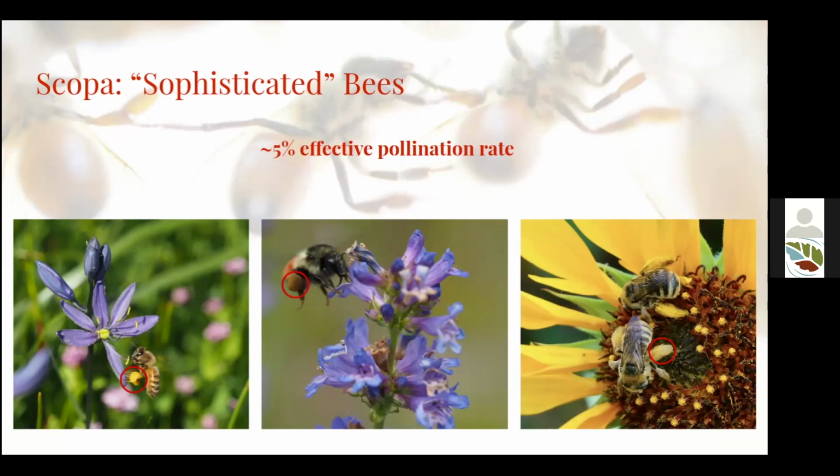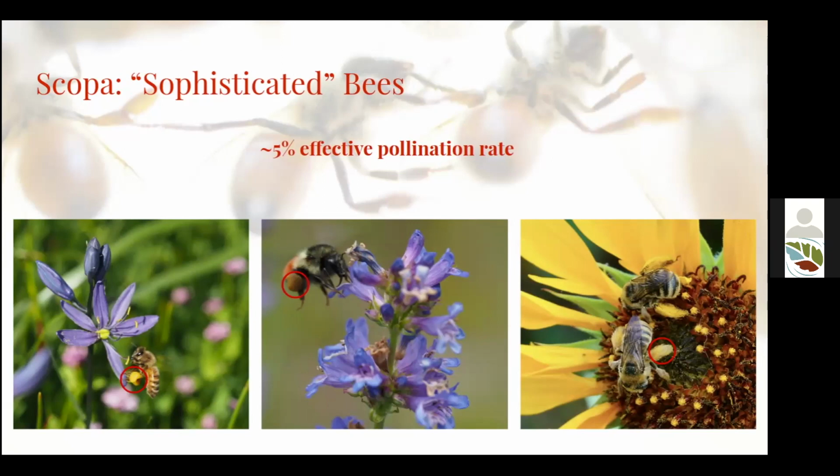So bumblebees and honeybees are active for pretty much the entire warm season. So they're visiting a greater variety of plants and providing pollination over a greater time window, while solitary bees that are only active for a short time window, who are maybe having a higher effective pollination rate, aren't visiting the same quantity and amount of flowers as these bees are.